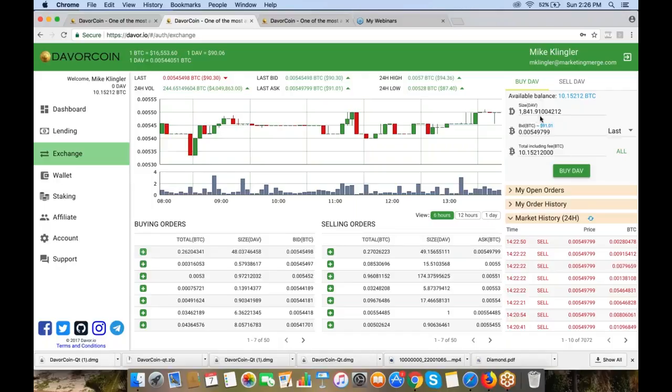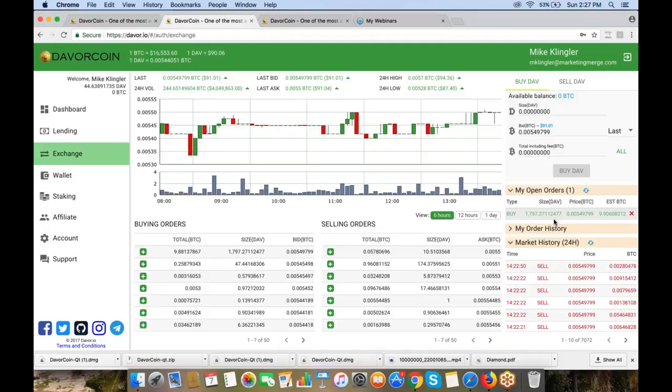It's going to give me 1,841. So I click buy DAV. Boom. And it says open orders now. So now you'll see my open orders. If I look at my cursor, right underneath the buy DAV button, which now turned gray, you see my open orders: one. I can click on that and you can see that I have an open order to buy 1,000. Now it's a little bit less than 1,800, because I waited to buy and it went up a little bit. 1,797 DAV at this price point,